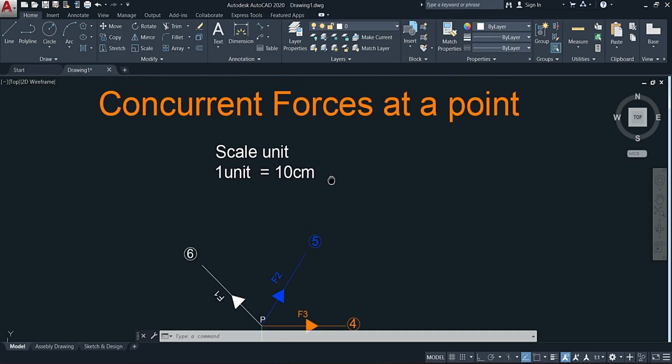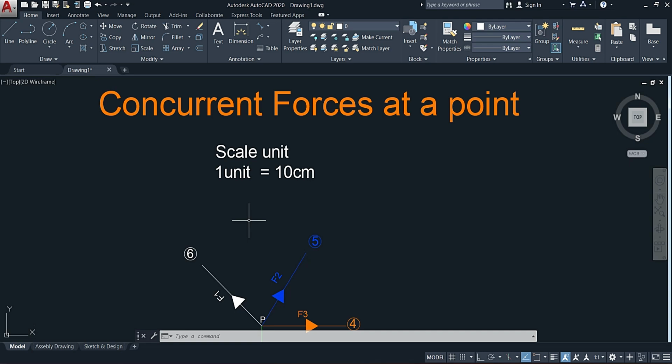In today's lesson, I'll show you how to resolve forces using the vector polygon method right here in AutoCAD. This is useful in engineering, construction, and even carpentry, anywhere where forces are acting on a structure. And by the end of this video, you'll be able to find the resultant and the equilibrant for a set